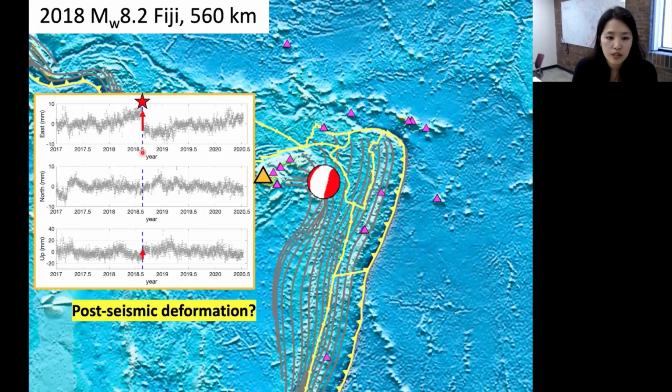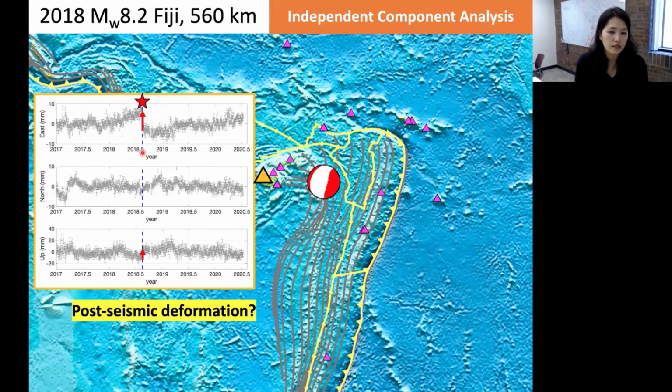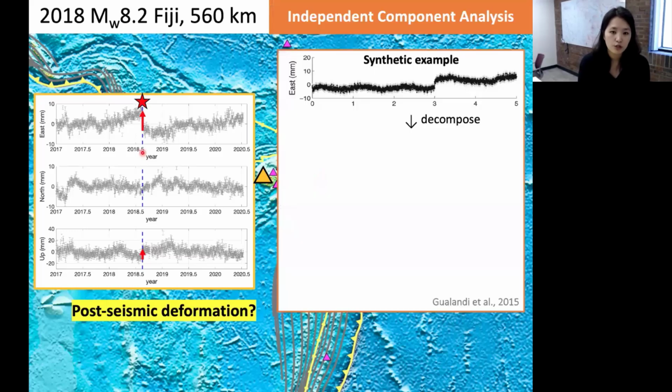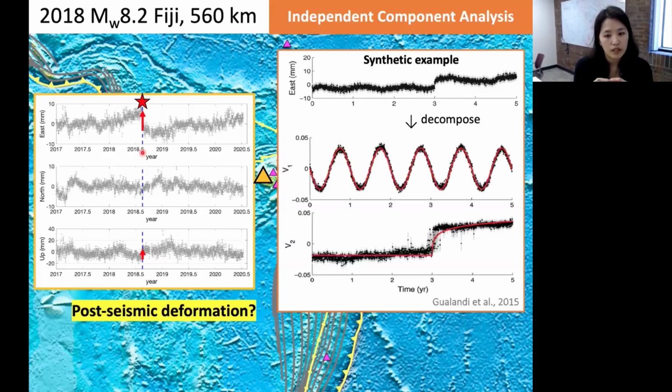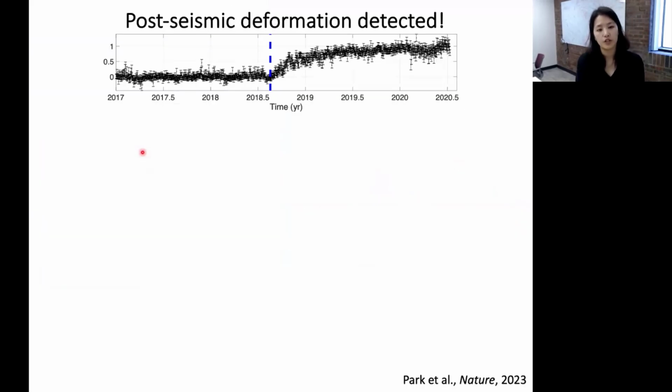So we have to use signal processing techniques, and here we are using independent component analysis. And what that allows us to do is to decompose the signal into different sources. So for example, if you look at this time series, you can actually decompose this time series into seasonal signal and also earthquake-related signal. So by using this type of technique, we could finally detect post-seismic deformation here. So for me, that was probably the most exciting moment throughout this